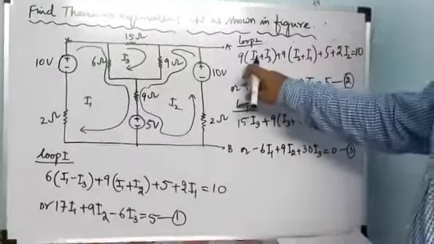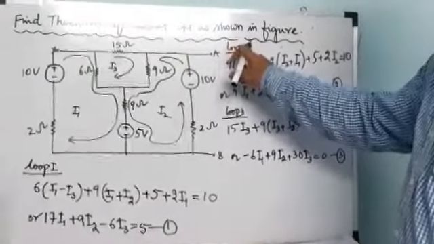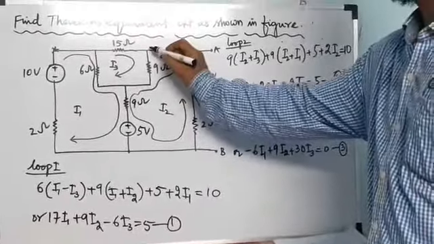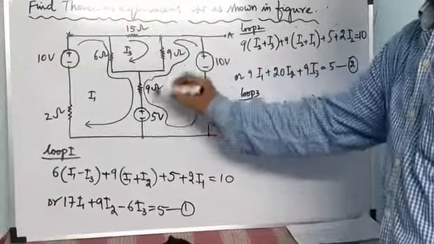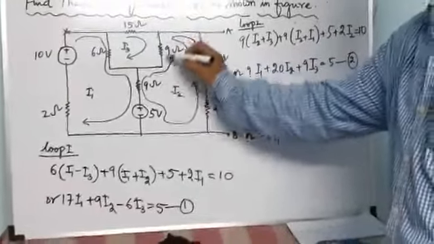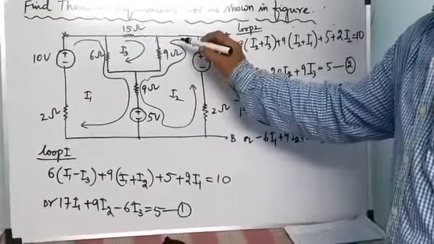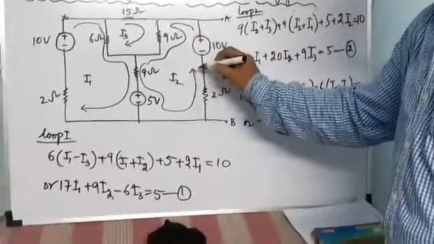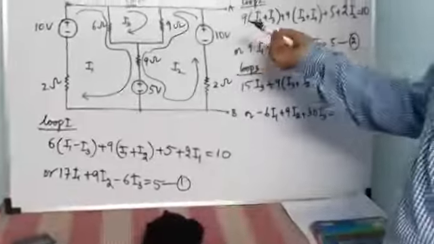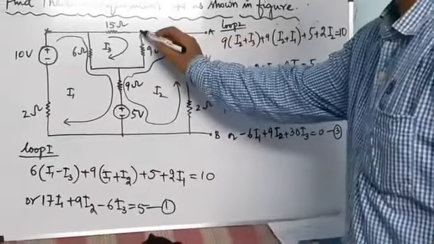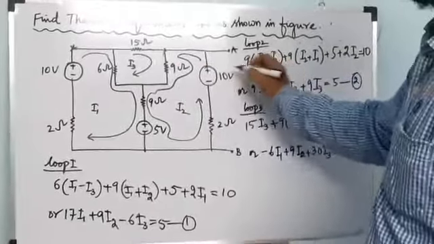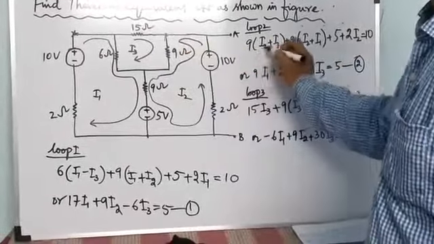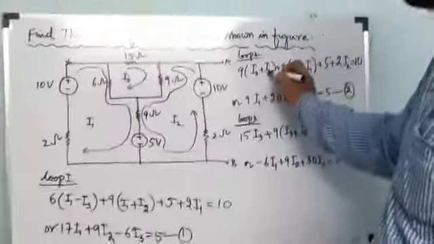Okay. Now applying loop 2. Which is loop 2? This is loop 2. So my current will flow from here and end again like this. My direction of going inside that loop and the current flow are the same. If it is opposite, you write minus. So I will start here. So 9. The direction of current is downward, so I3 also downward. So plus. So 9 into I2 plus I3.